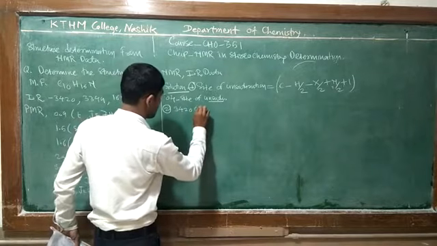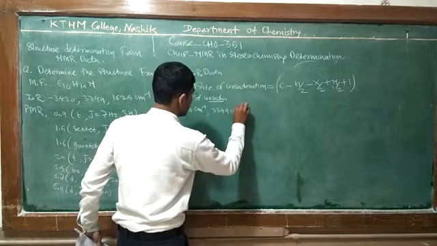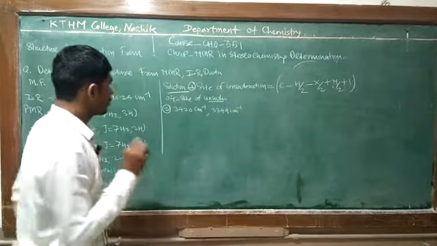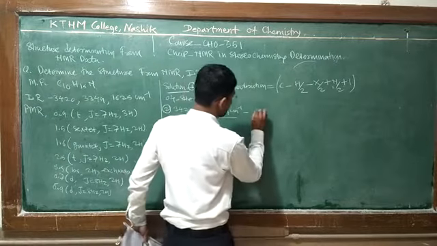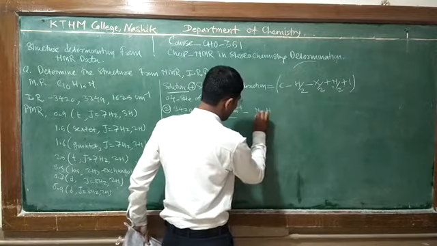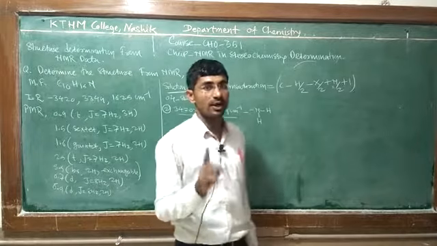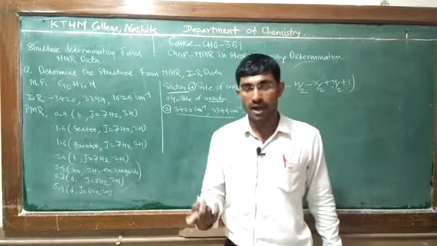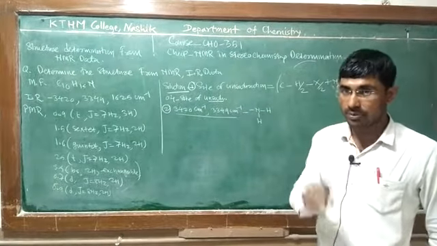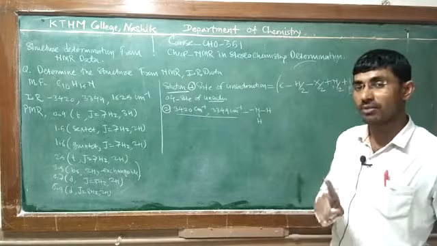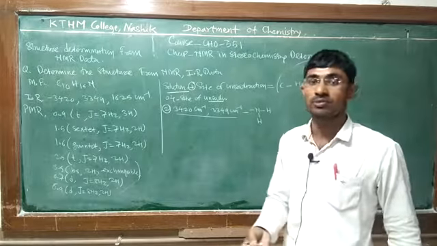3420 per centimeter and 3349 per centimeter. In our structure, nitrogen is given, so these peaks must be because of the NH stretch. Obviously two NH stretches are present. A primary amine gives two NH bands or peaks, while a secondary amine gives only one NH band. Since we see two NH bands, obviously an NH2 group is present in our structure.